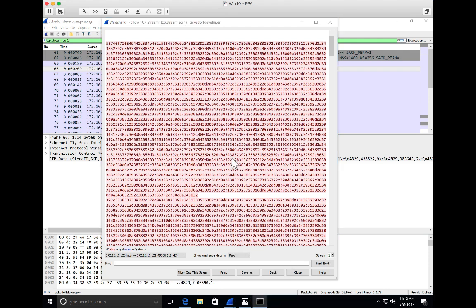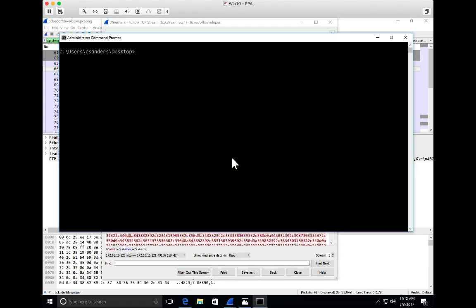I could download a utility. There are graphical utilities and other utilities that you can use to generate hashes, but there's actually a utility built into Windows that most people don't realize is there that will do this for you, and it's actually the certutil program. So I can use it with the -hashfile option and go ahead and point it to our store.csv file and tell it to give us the MD5 hash of that file, which is what I've done here